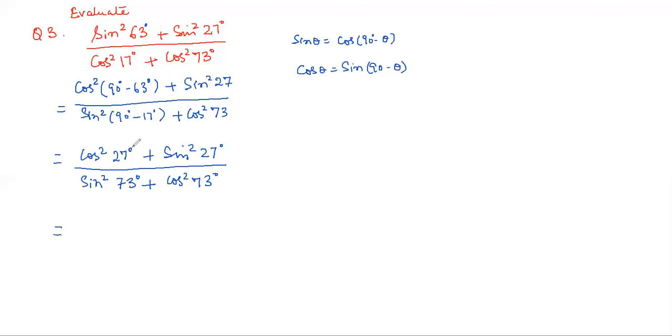Now consider 27 as theta and read these two: cos square theta plus sine square theta. And you know that cos square theta plus sine square theta is equal to 1. So this will become 1. And similarly in the denominator, sine square theta plus cos square theta, again 1. And therefore the answer to this is